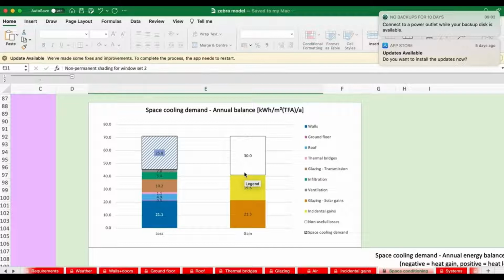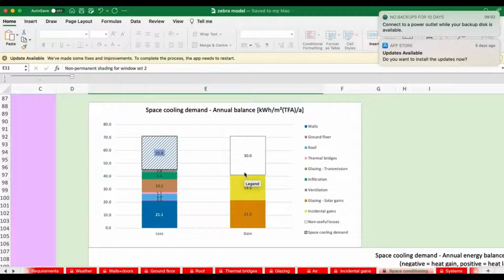Other interesting things we can see from this graph is that another source of losses, and in the sense of cooling, losses are good, is the transmission through the glazing. We don't have double glazing. Now, if we were to rerun this calculation with a cooling set point of 26, and this is described in the Word document, you will see that these losses transfer into gains. Because with a much colder building, we're actually getting more heat flowing into the building through the walls and through that glazing than we are heat going out through that path.